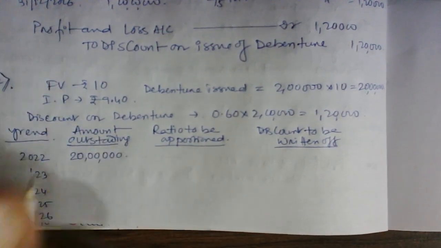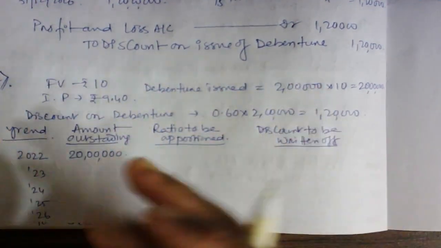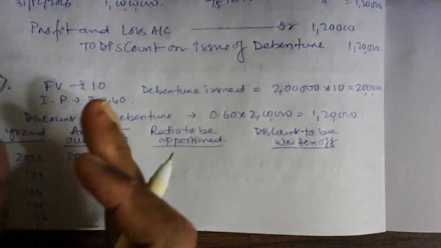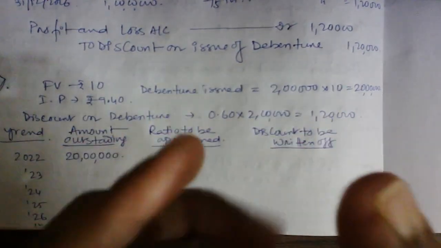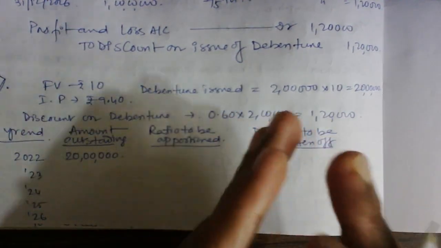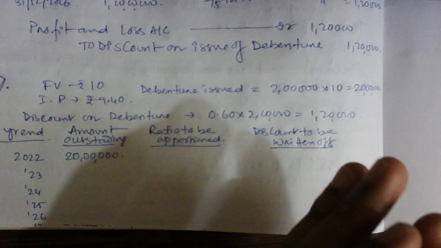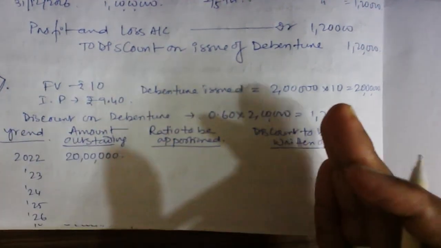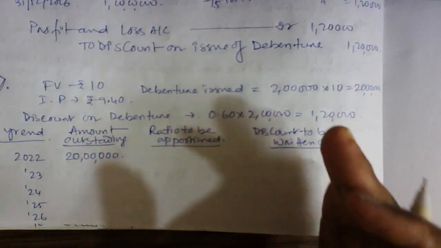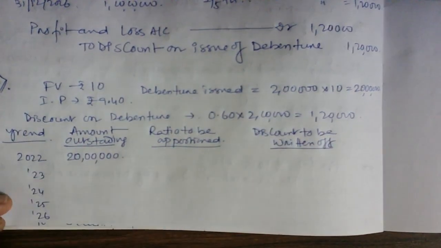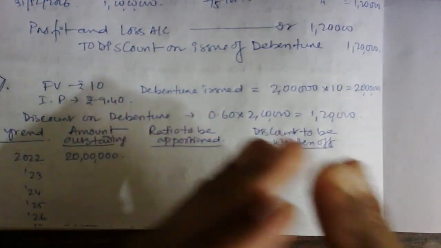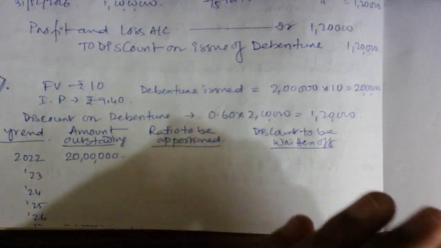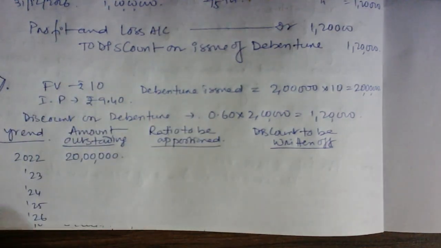Because for the full year, from beginning to end, 20 lakh still outstanding, but obviously you repaid at the end 1/5, means 4 lakh rupees. It's fine, but during the year how much amount is outstanding, sir? 20 lakh. You have paid 31st December 2022 4 lakh rupees, 1/5 you need to pay, but during the year